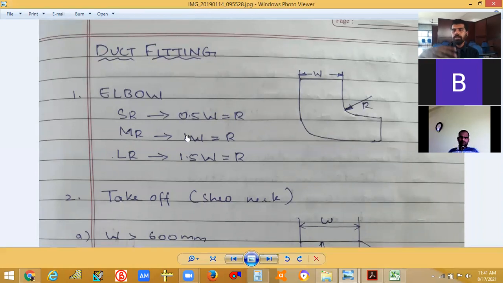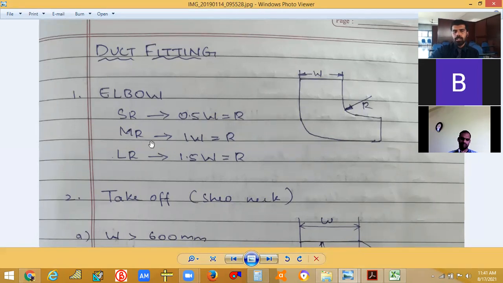So if it's a medium duct or a medium size, for example, you take it as 350, sometimes 350 or 400. The width will be 400. Okay. Take this width as 400 or 500. The radius you can take as the same as the width. If it is a 400 width, take this radius also as 400 when you are drawing, when you are drafting.